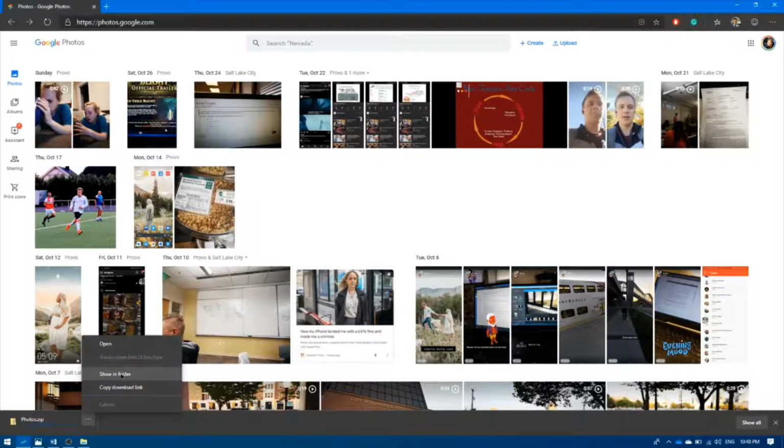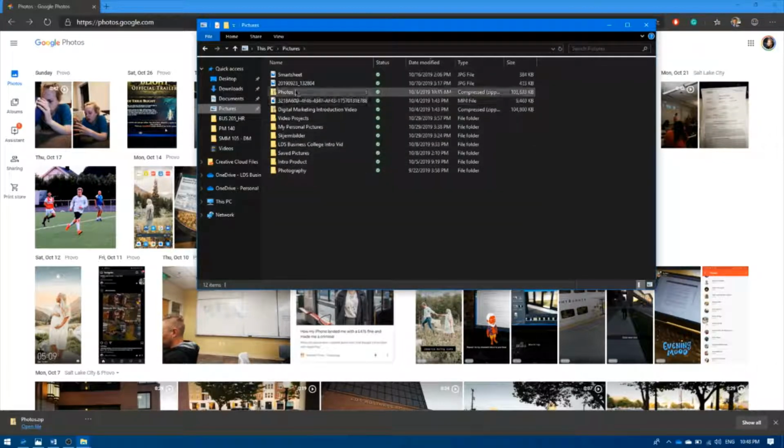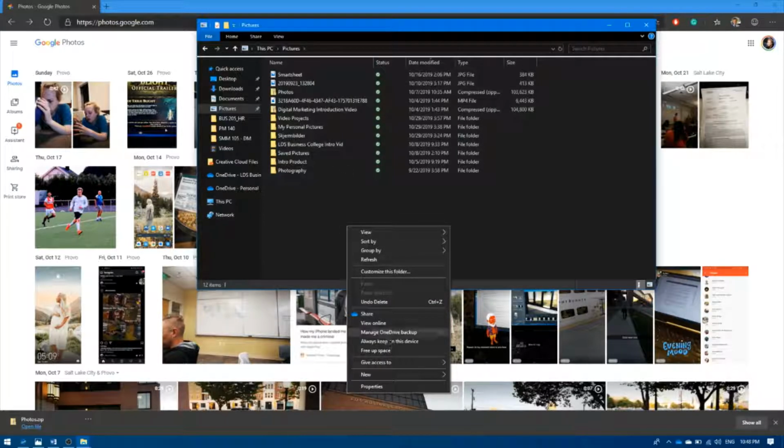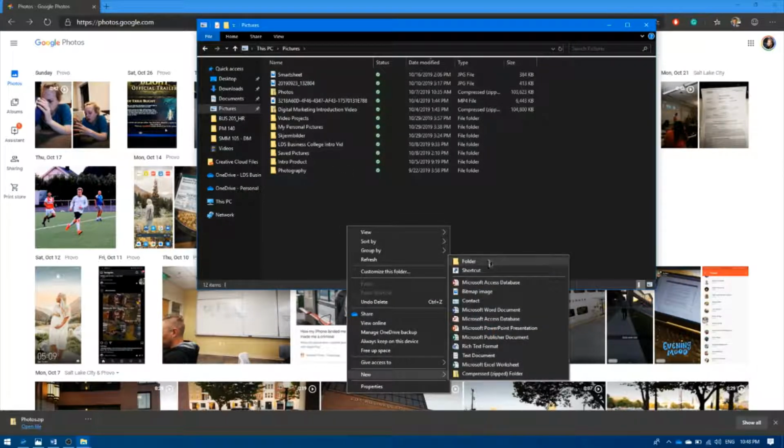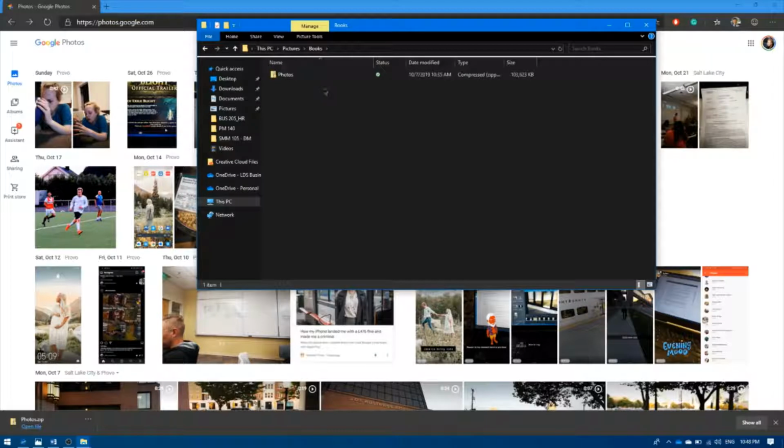and then we hit show in folder, and then we move it to a place where we would remember, and then you see this file right here. Now let's create a folder, let's call it books for some reason, I don't know, and then we can move this file, photos, over to this, and then